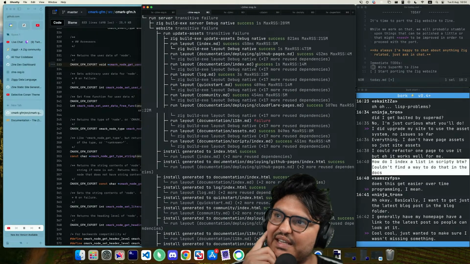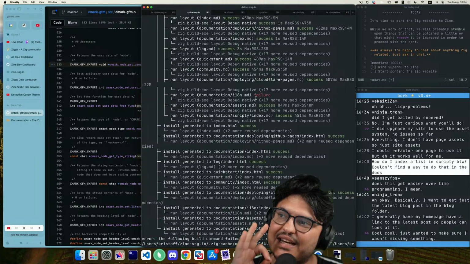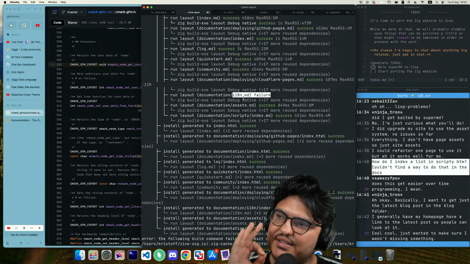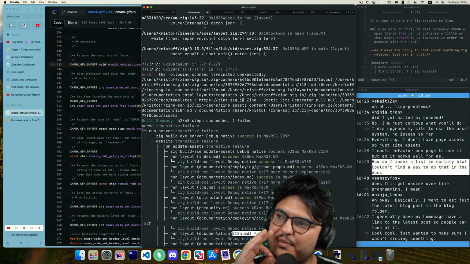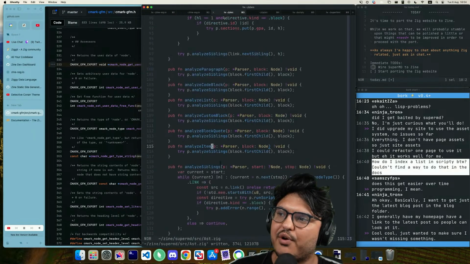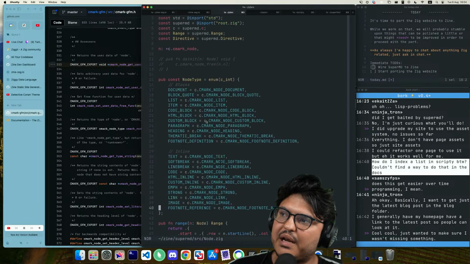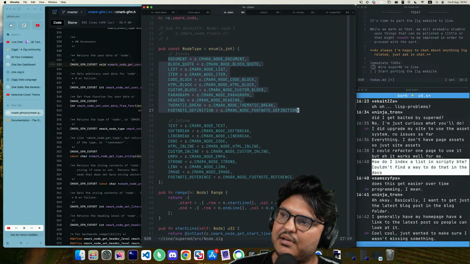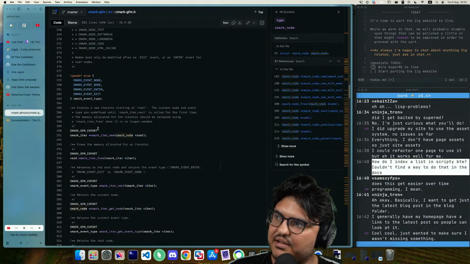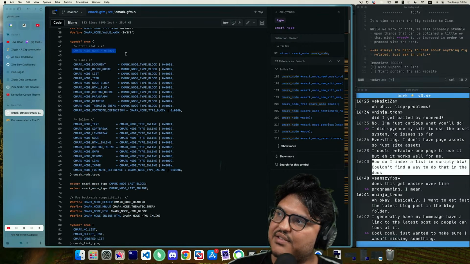So everything succeeded. This is mind blowing. Everything succeeded except this one guy, because it has something in it that none of the other documents have, which for us is not even a possible node type. So these are my node types. What does that mean? It means there's more? How does it work? Oh, I guess there's none.